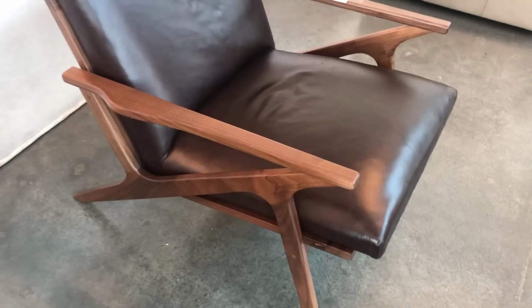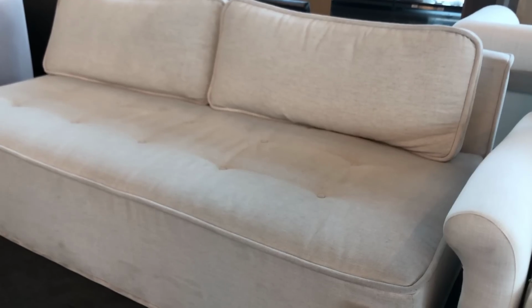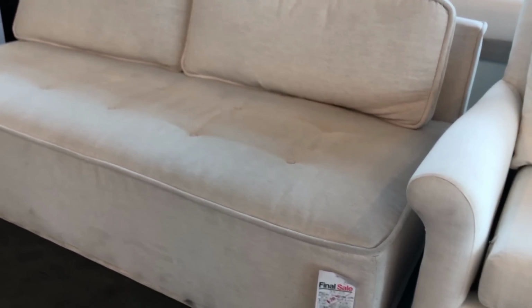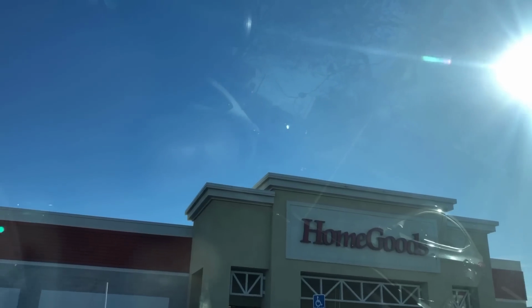So pretty. They definitely had a lot of couches in stock. This one was very large. I am not brave enough to do that white in my house, but they did have a lot of really pretty smaller couches too. So now we are headed to HomeGoods, and I'm just going to forewarn you guys, my